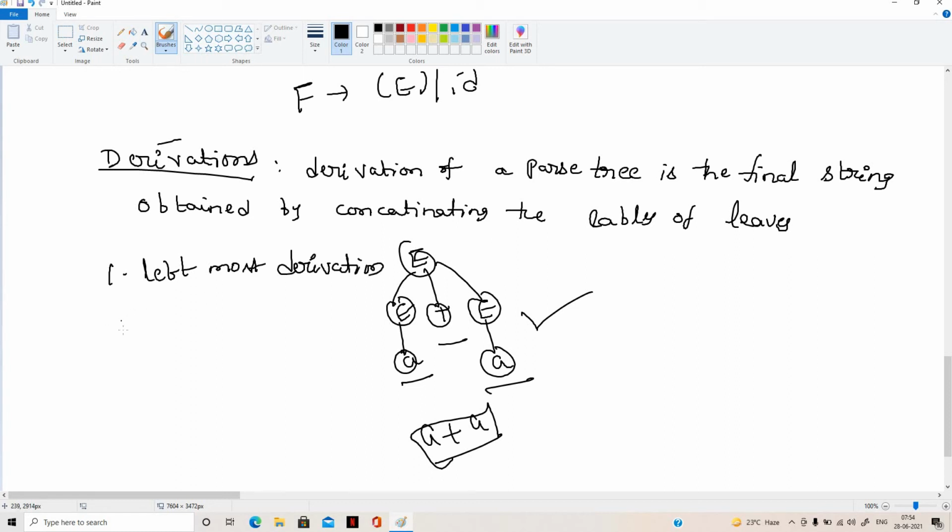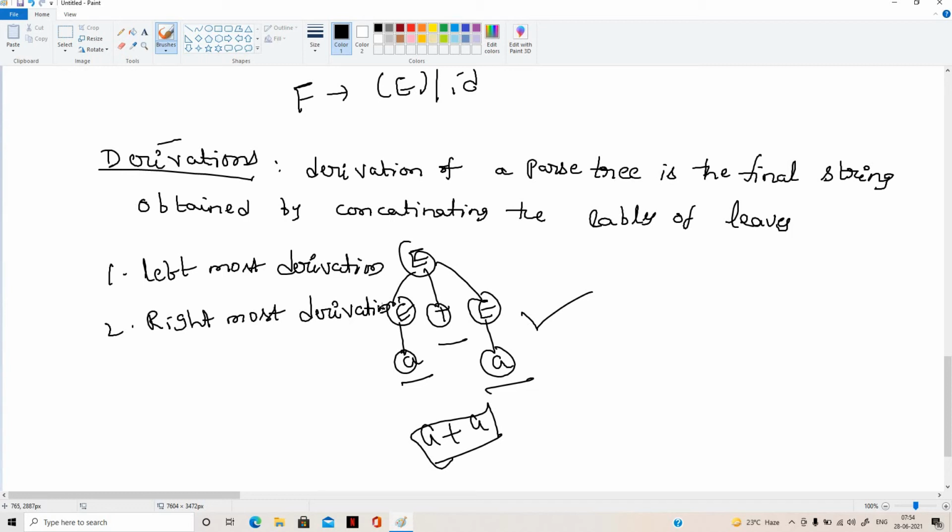Another one is called rightmost derivation. So leftmost derivation is obtained by applying the production to the leftmost variable in each step only.